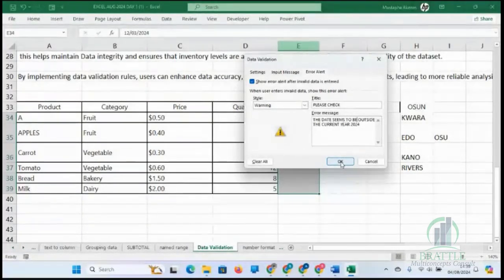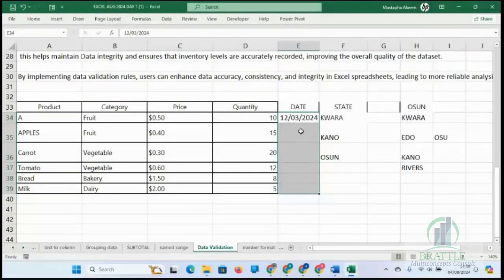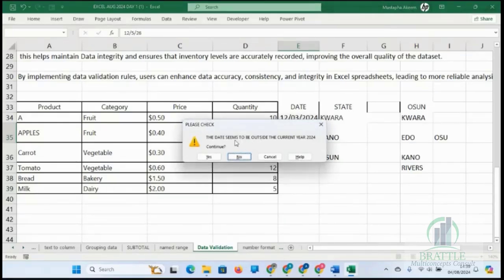Click OK. Let's see the difference between the two now. I'm going to enter another date again, 12/5/26, and I hit enter. Now I have another option. The date seems to be outside the current year 24. It's asking me,